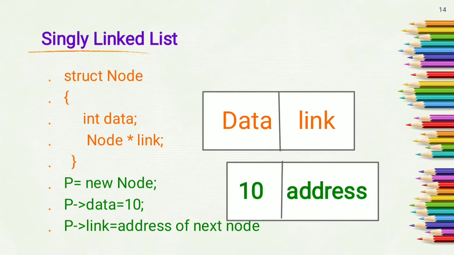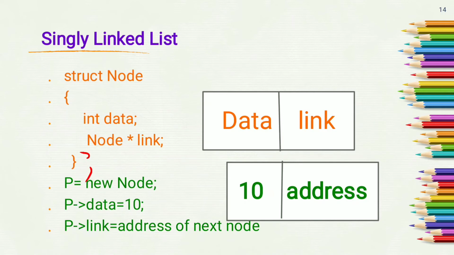So as there is only one pointer in every node of the singly linked list, hence it is called as singly. To create node of singly linked list, we have to use struct node, int data. This data is of type integer. If you want to store float type data, then you have to specify float data type here. And as this is the pointer which stores address of next node, we declare link as a pointer of type node. Here you write semicolon.